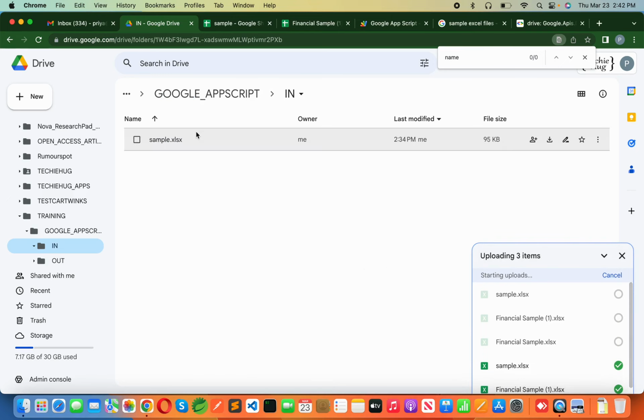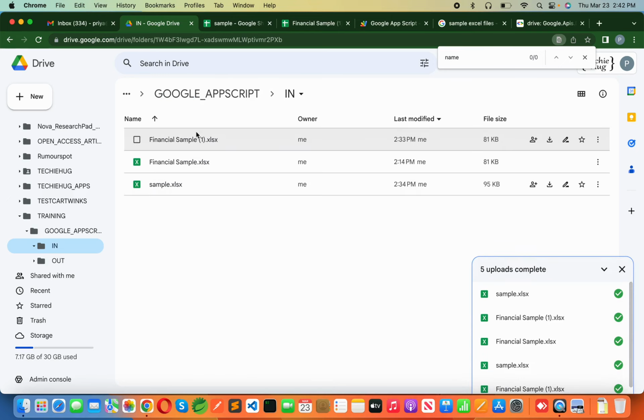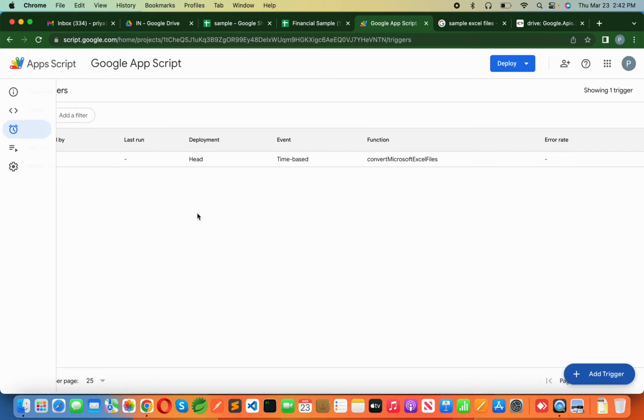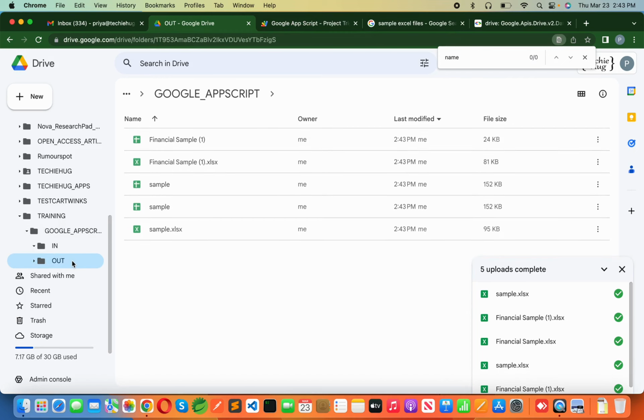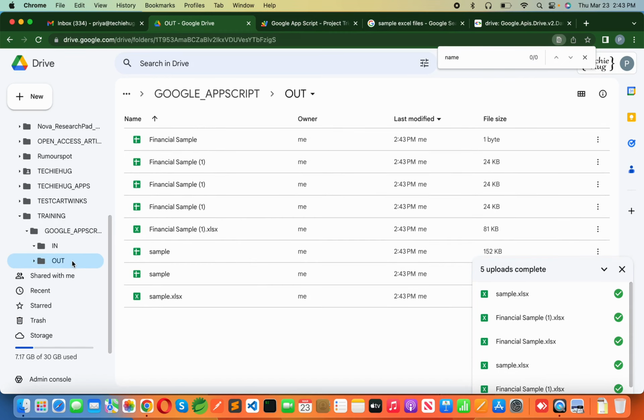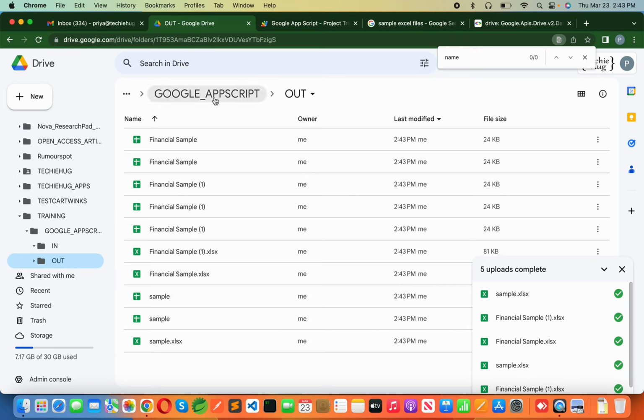Okay, I'm simply going to wait and watch whether Google is going to do it for me, right? Definitely yes, Google can do it for you using the trigger we set, and it is basically an every-minute scheduler. Okay, just close all this, and keep watching this folder. Oh, you see the 3 files keep being removed. Okay, how cool, right? It's completely automatic. So now, yeah, let's share this folder with your colleagues and let them drop the files,